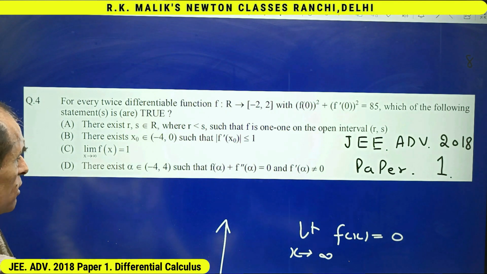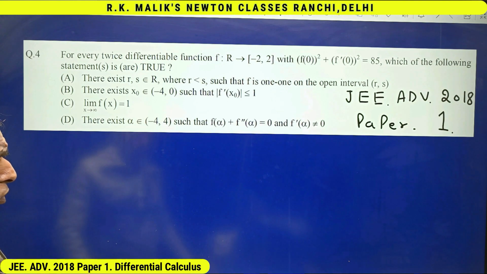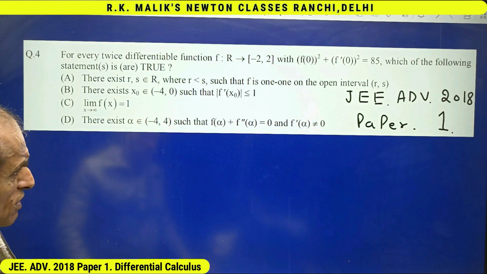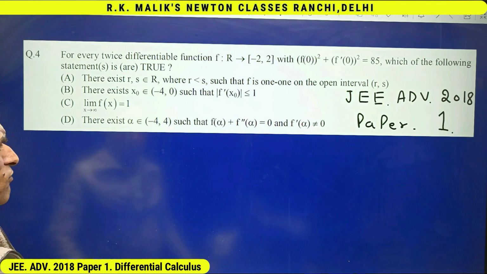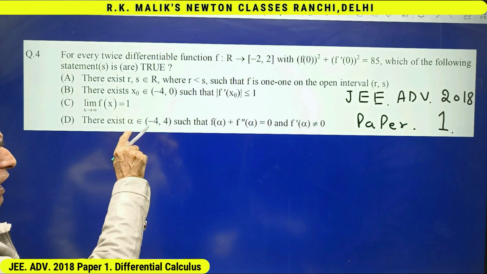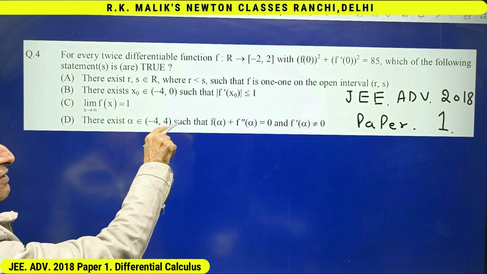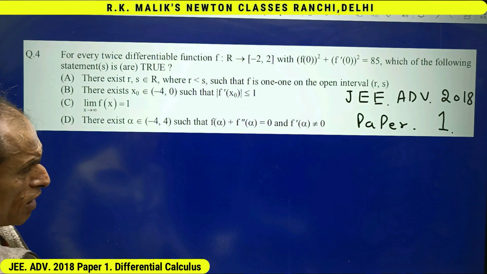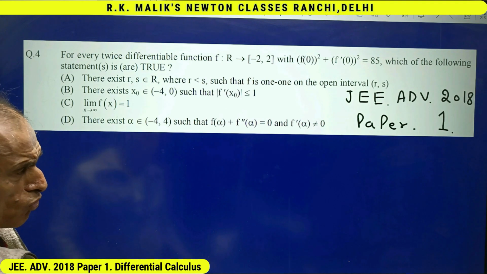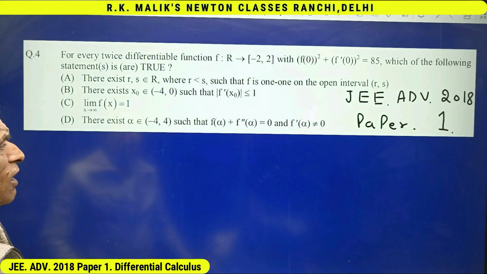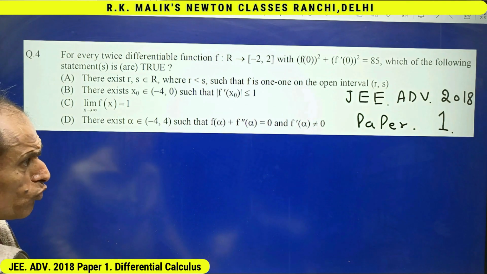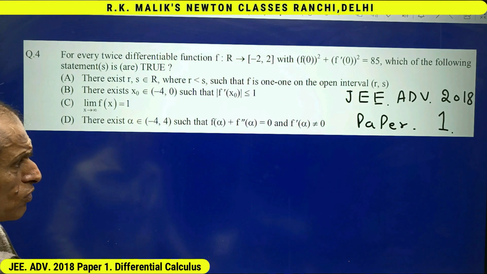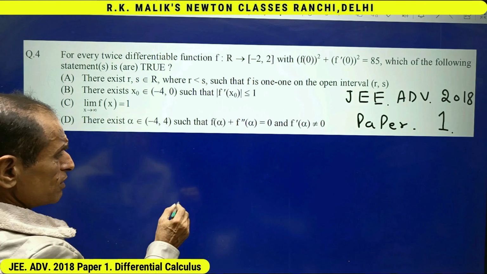Now the next part is to check the truth value of D choice. And while practicing questions of JEE level, you must have seen that in most of the questions in which we have to check or prove, there exists at least one number alpha belonging to some interval such that some equation is true. We have to use the concept of Rolle's theorem or Lagrange's theorem or intermediate value theorem. The same thing I will be using here. I will be doing this part of the question in two ways. And you must have seen this thing also, that for proving some